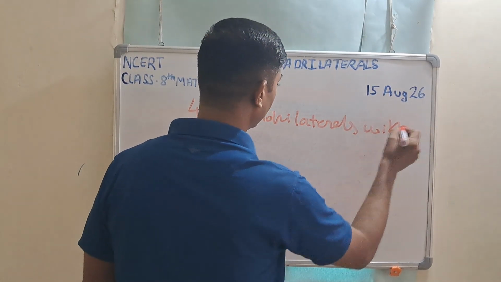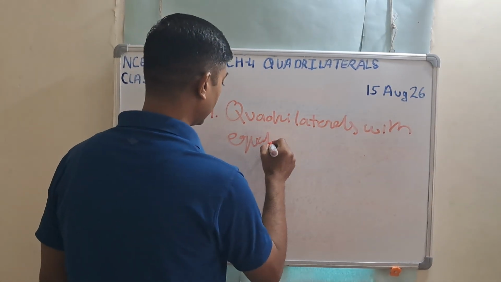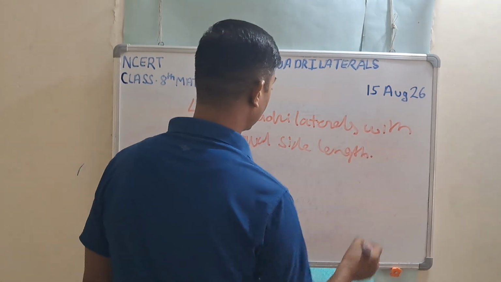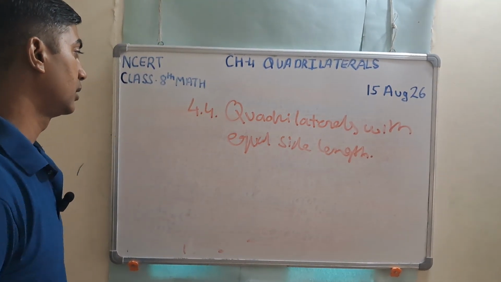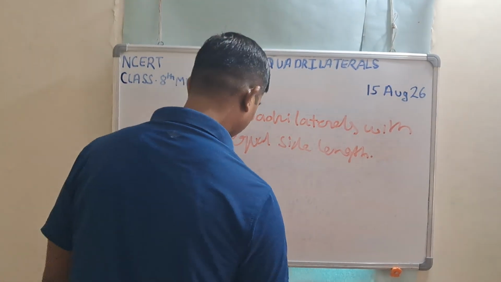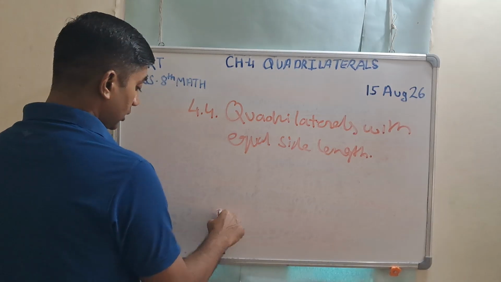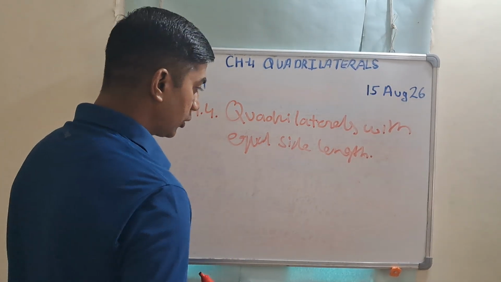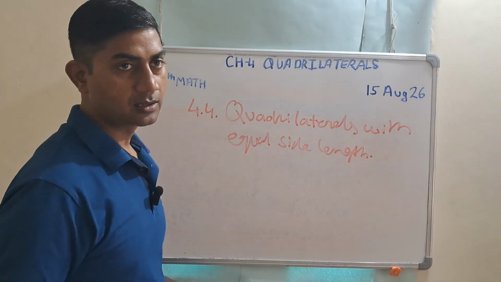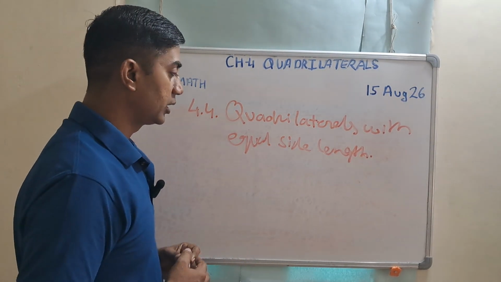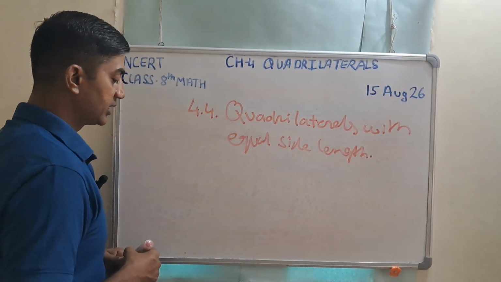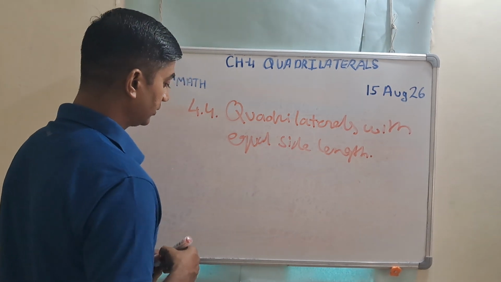We'll study this topic, quadrilaterals with equal side length. Now they are telling us about the geometrical construction, and this geometrical construction you can do with the help of your compass and all the instruments you get in your geometry box. And I am just telling you the procedure. What they are saying is that